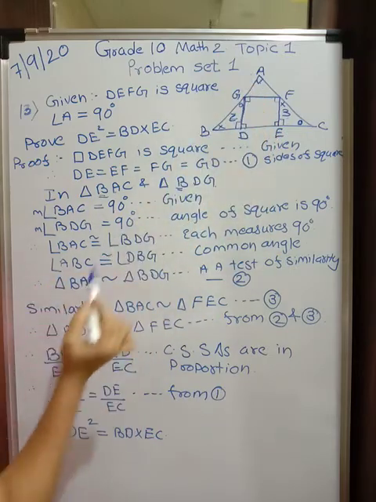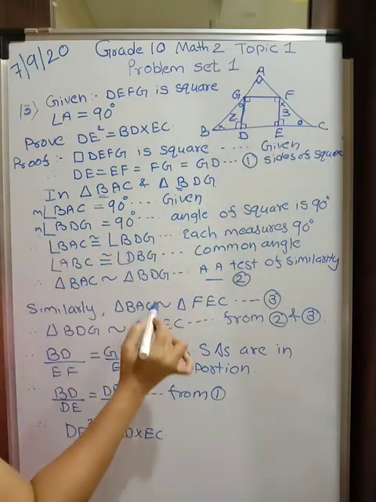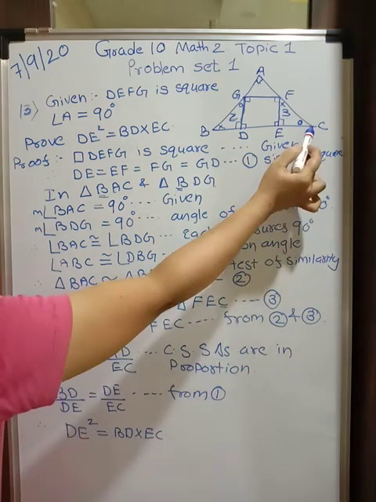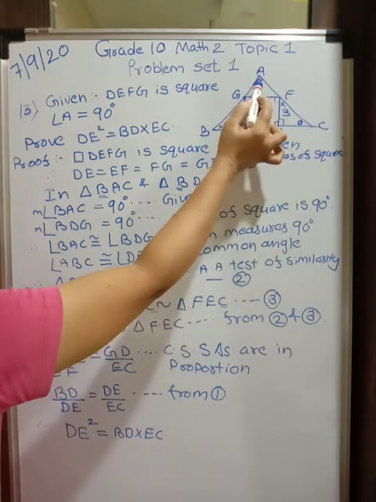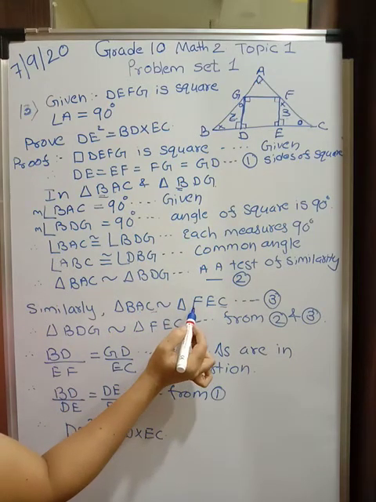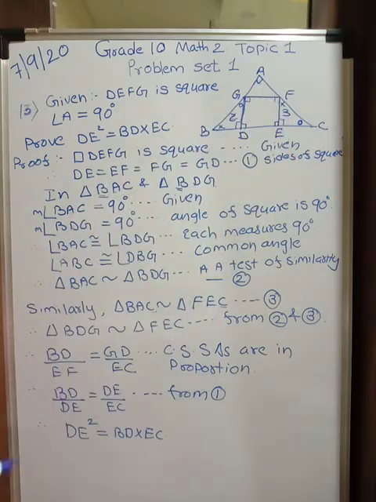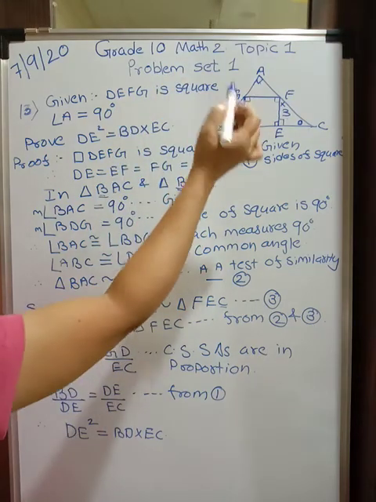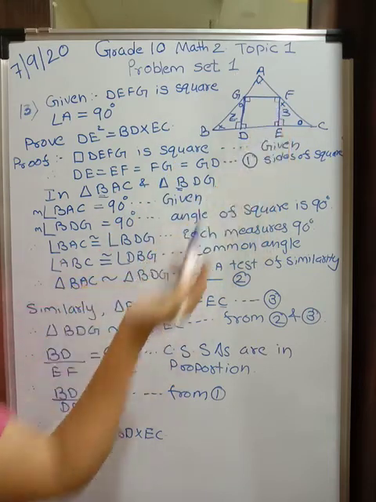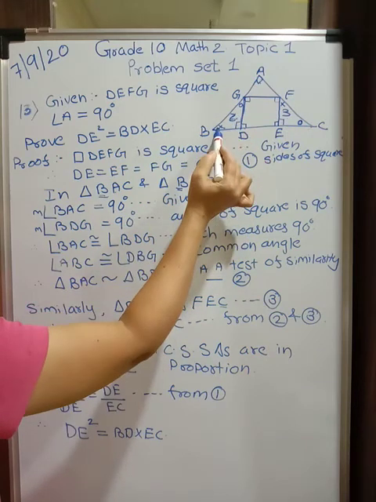In this case, we can prove that BAC is similar to FEC. Now C and C, both have angle C common, and here angle E will be equal to angle A. So E will go with A and angle B will be equal to angle F. So here I have marked angle B equal to angle F. Are you understanding? Now see, the first triangle is similar to the second, and the first is also similar to the third by AA test of similarity. In both the cases, one angle measure is 90 and another is the common angle.